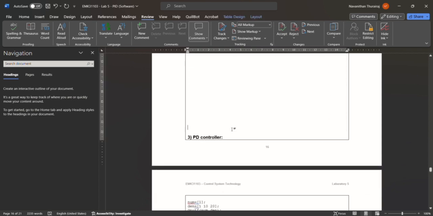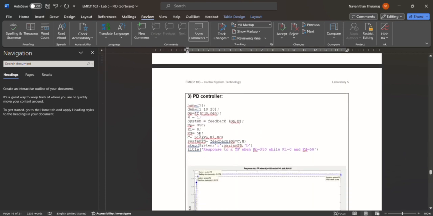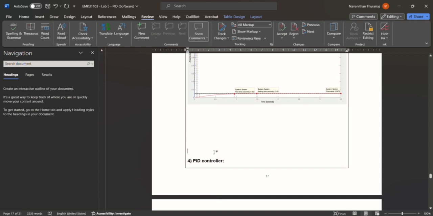and this is the PD controller. The KP is 350, the previous one was 300. This is a response to a TF when KP equals 350 while KI equals 0 and KD equals 50. This is the graph, and this is the